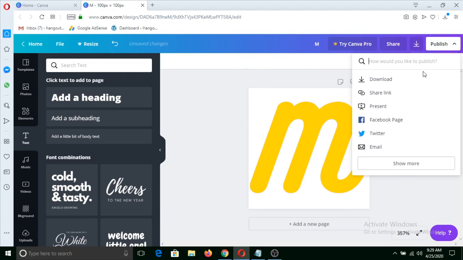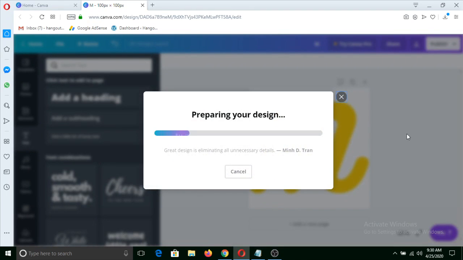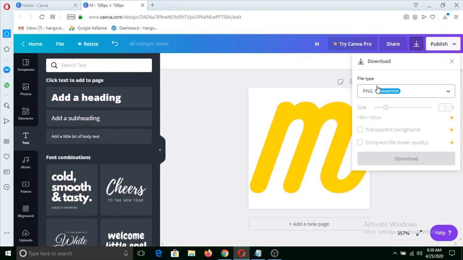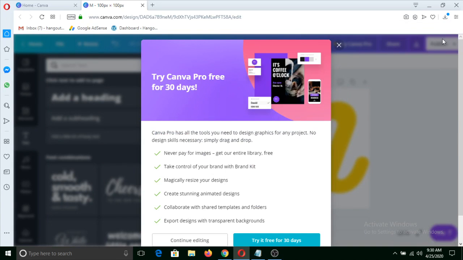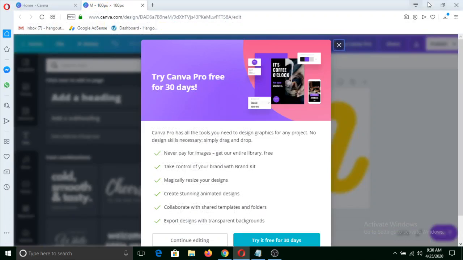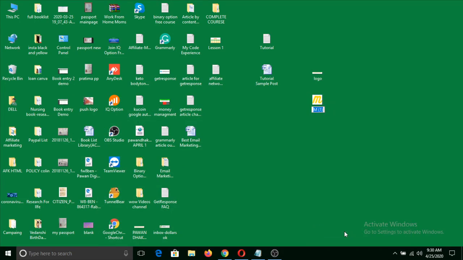Okay, now I can click on here and click on download. So it is a simple thing. If you are doing it for the first time, it may be a little bit hard for you, but once you get used to this, it will be far more easy for you. Sorry, download. I can click on this folder. I can right click and cut, and then I can name it site icon. Okay, now our logo and site icon is ready.